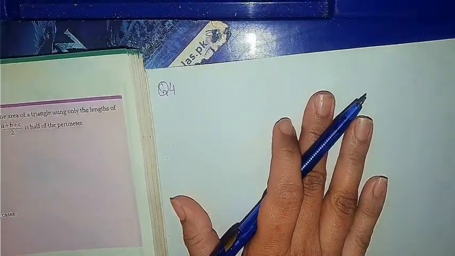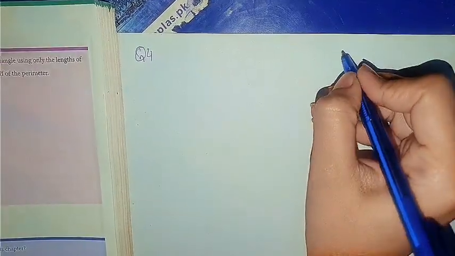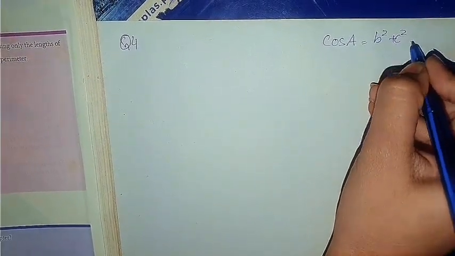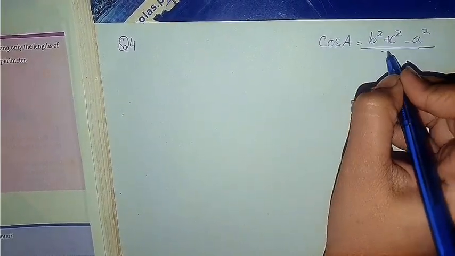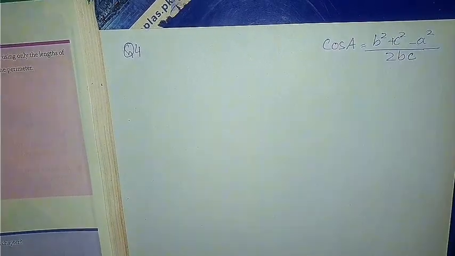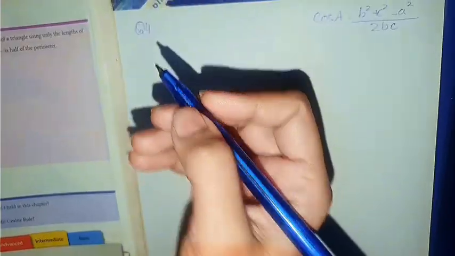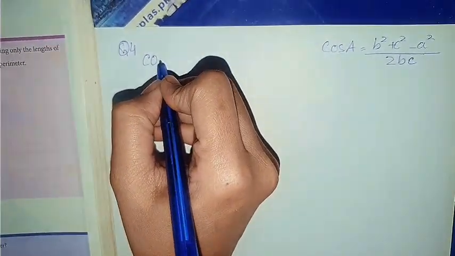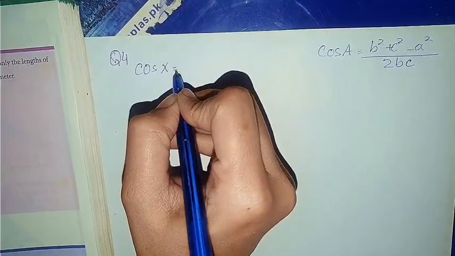The angle formula I'm writing over here, and then we have to make changes. The angle formula is like that: cos A is equal to (B square plus C square minus A square) upon 2BC. But here the alphabets are X, Y and Z. So I am taking angle X. So this is cos X is equal to